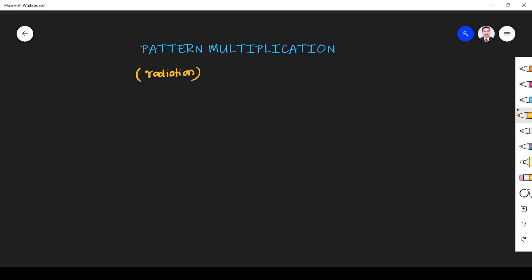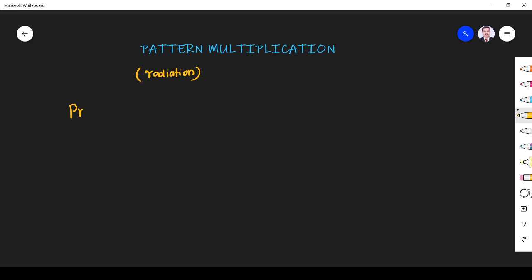Why do we need this? So far we know about radiation of an array of 2 point sources, fed with the same current and same phase, opposite phase, etc. Suppose our array has more than 2 elements, then how can we find the final radiation pattern? It is very difficult to find. There we are going to use the concept of pattern multiplication. Let us see the principle of pattern multiplication first.